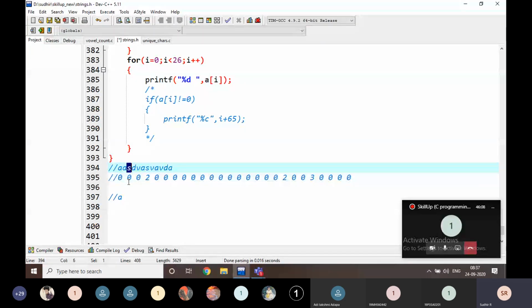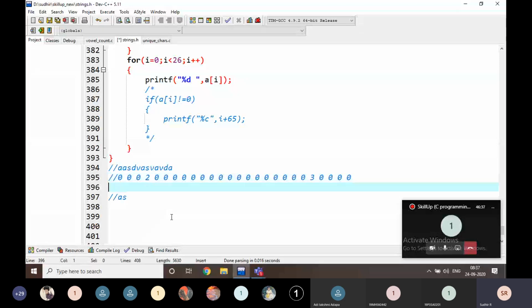Then I am moving to S here. Is there an S value here, right? Yes, there is an S value here. Then I am going to print that one, and I am going to convert that S value into 0. Then I am going to find D here. Is the value at that index a non-zero value?